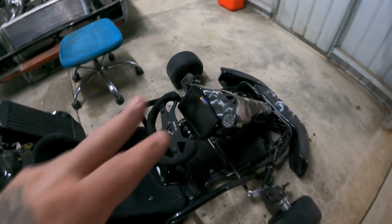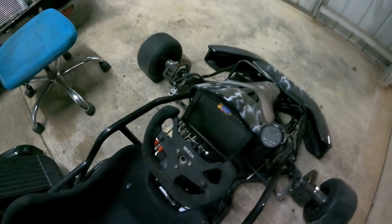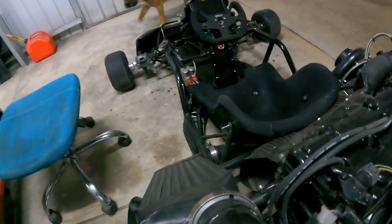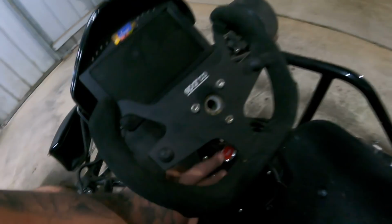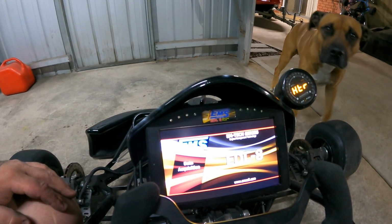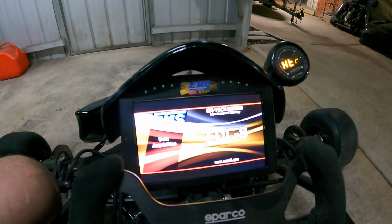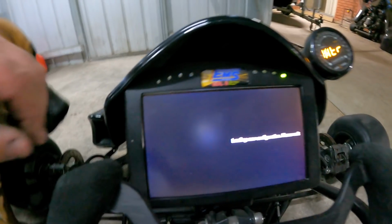And the dash, we've got the whole dash working now. I'll just show you. I'll just turn it on. Here we go. So while it's loading,